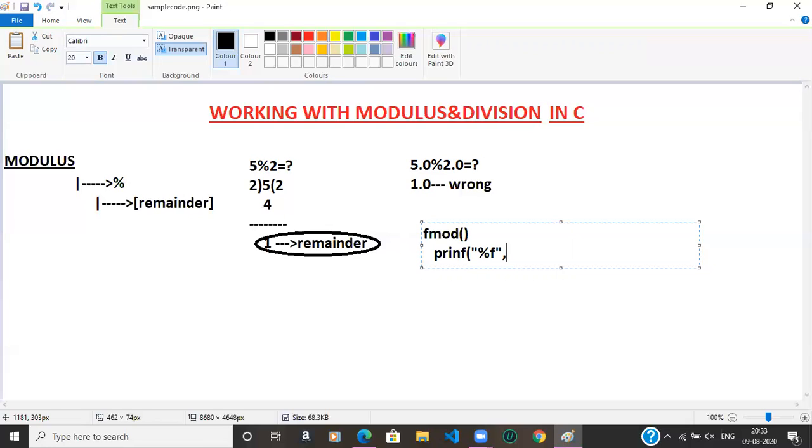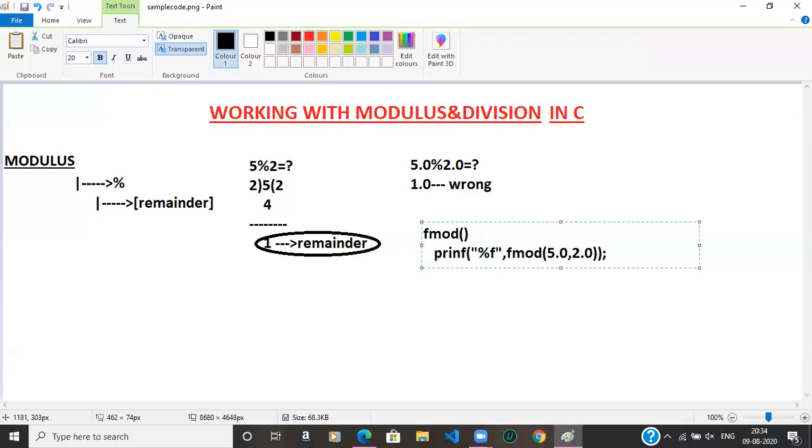If I want to perform fmod, simply fmod of 5.0, 2.0, close the brace, give the semicolon.